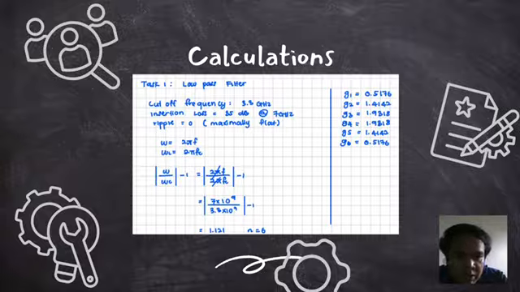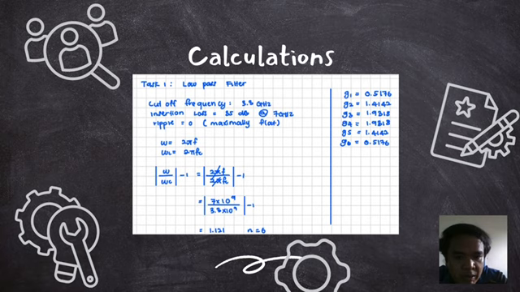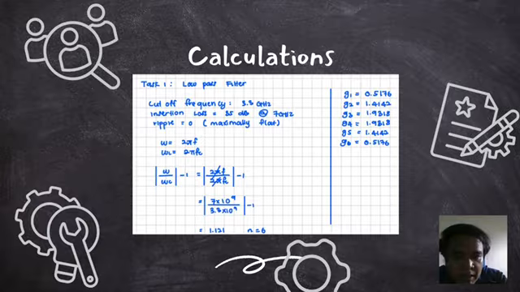Using the Butterworth attenuation characteristic curve for a normalized frequency ratio of roughly 2.12 and a required stopband attenuation of 35 dB, we determined that a filter order of n equal to 6 is required. On the right side of the slide, you can see the corresponding normalized low-pass prototype element values, G1 through G6, extracted straight from the standard filter prototype table.